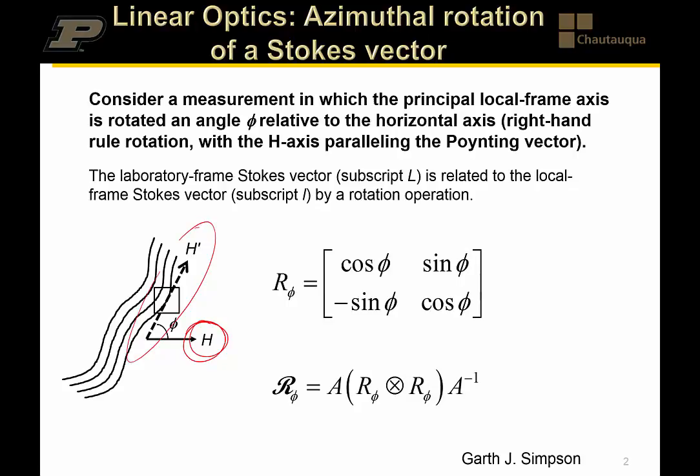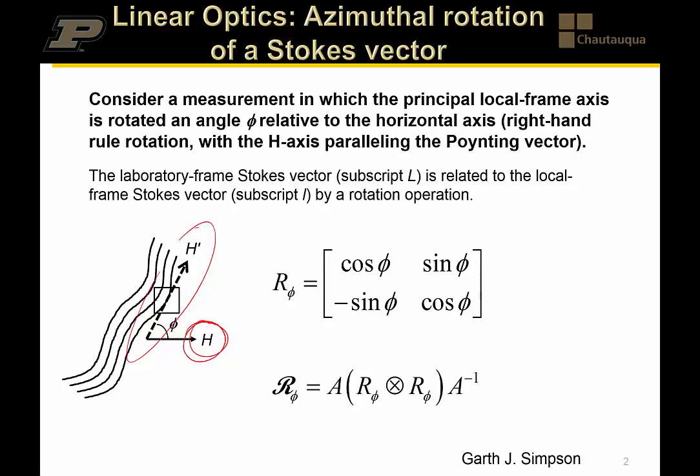And we're going to assume that, because everything in a Stokes and Mueller framework is defined exclusively in a two-dimensional system of polarization space, we really only have horizontal and vertical. So we're going to refer to everything in terms of the horizontal and vertical axes in terms of the Stokes, Jones, and Mueller frameworks. And anytime we go to Cartesian coordinates, I'll let you know. So in this case, there's only one orientation angle that has to be considered, and that's azimuthal orientation by the angle phi. If we have some relationship connecting H prime to H by this rotation angle phi, then for the Jones vector, if you just want to relate some vector property